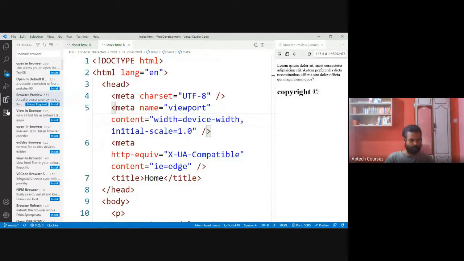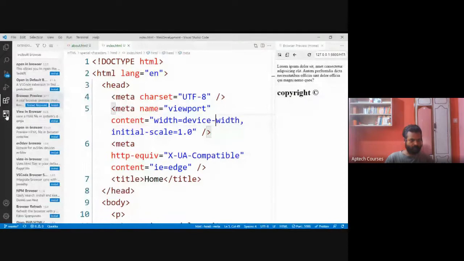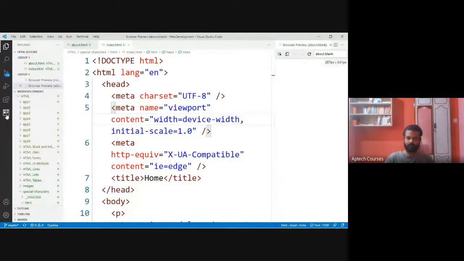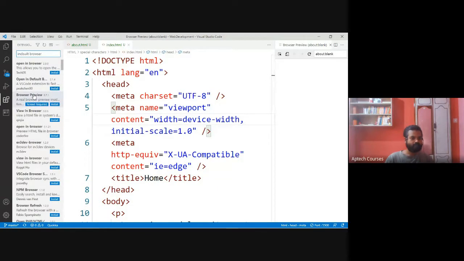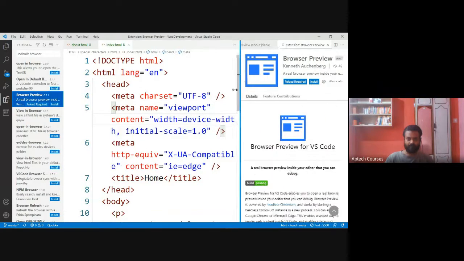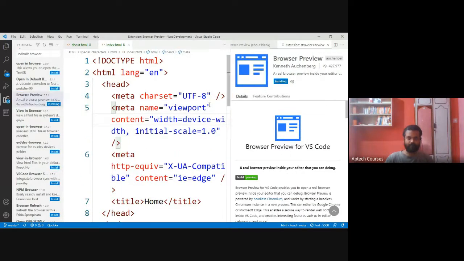So here itself we are getting the browser. Actually, we have installed it. That is why we were getting that preview. Okay, fine.